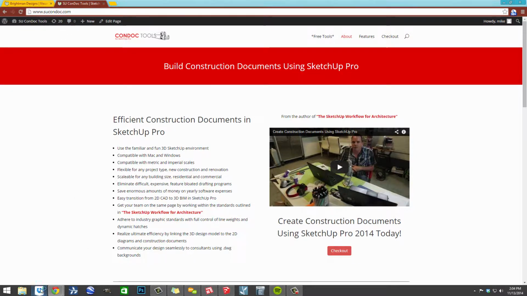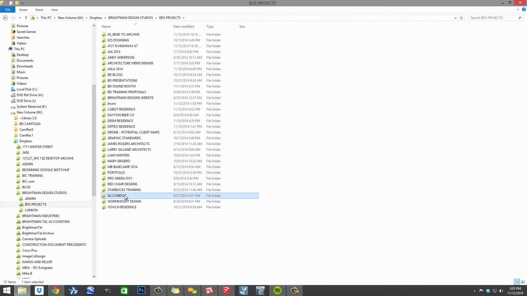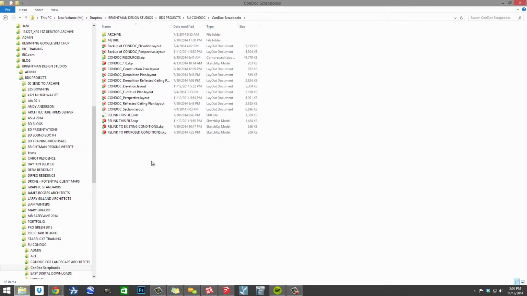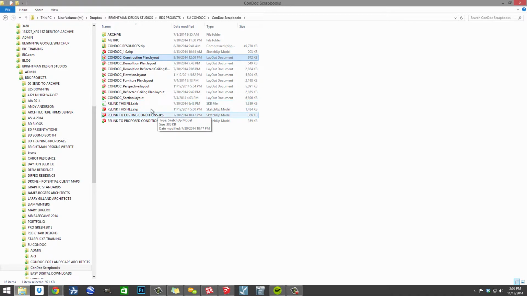So what we're going to look at, though, is let me jump over here and take a look at one of our scrapbooks. And I want to show you in here we've got our project folder. And so these are kind of my master collection of the Condoc scrapbooks. And let's say that we wanted to create another type of plan. So what you can do is, let's just start with our construction plan. And I'm going to show you how you can take a construction plan and we're going to turn it into a furniture plan. And so what I'll do is I'm going to copy that scrapbook and head over to my